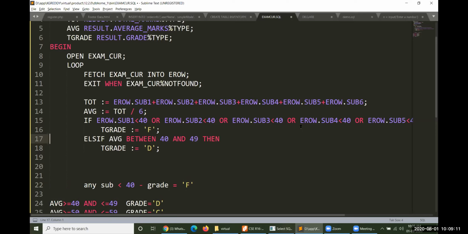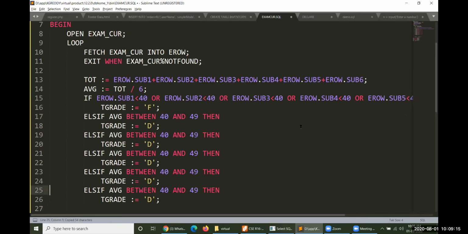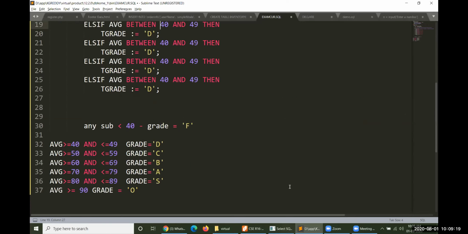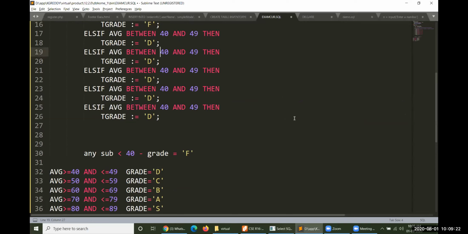Let me copy this one for a while, because typing everything will take a huge amount of time. So else if, the next condition after 40 is 50 to 59.